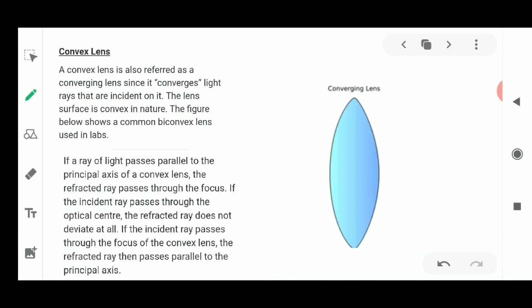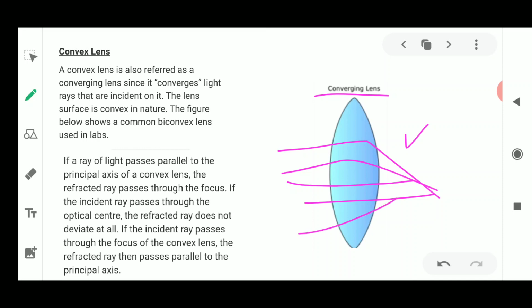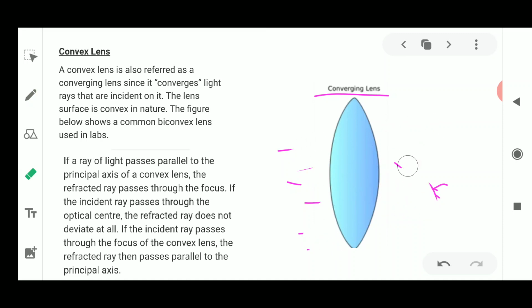Now the first picture is of a convex lens. This convex lens is also known as the converging lens. Now what is the meaning of the word converging? I have also discussed the word converging when I was teaching you about the types of mirrors. Here converging lens means the light which is falling on the lens is going to converge at one single point, okay. So it is going to concentrate all the light rays falling on it at one single point, that is why it is known as the converging lens, fine.